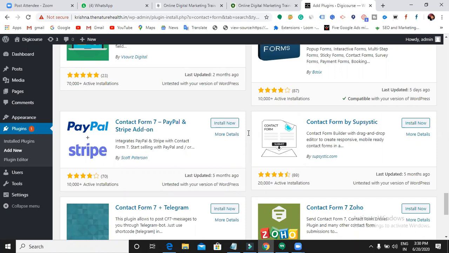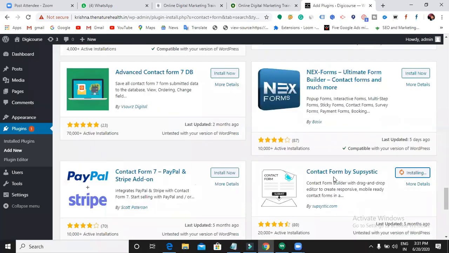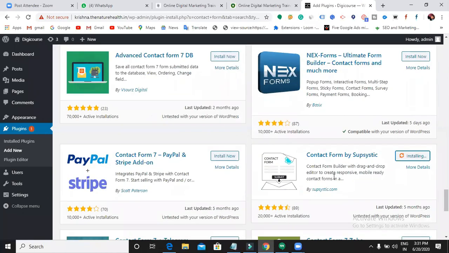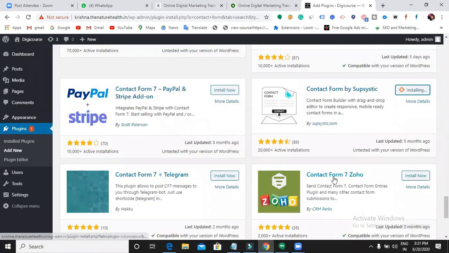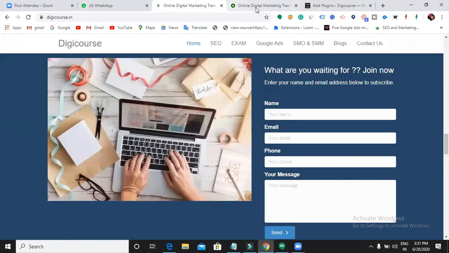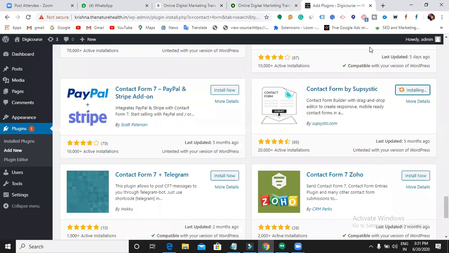Let me try to install one plugin now. Activate it. You just need to install and activate any plugin like this.